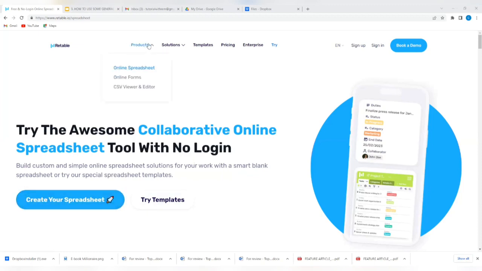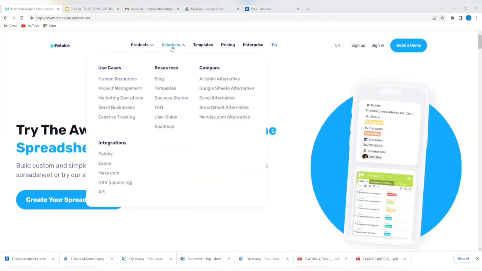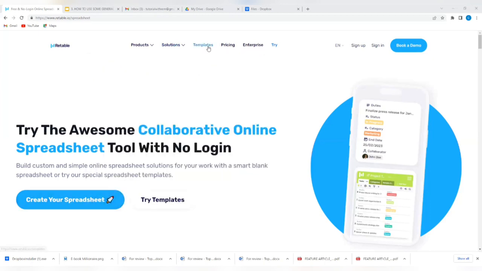Okay, so you see it has different products. It has online spreadsheets, online forms, and a CSV viewer and editor. If you tap on solutions, you will see all of the things that they offer: use cases, resources, integrations. If you tap on templates, you will see the different templates they offer. And if you tap on pricing,